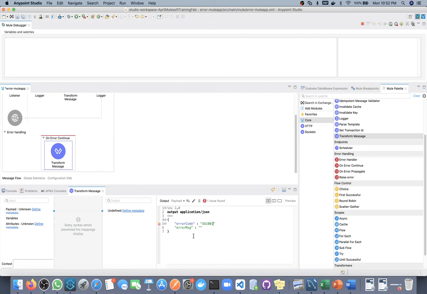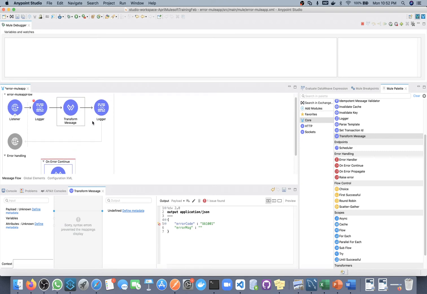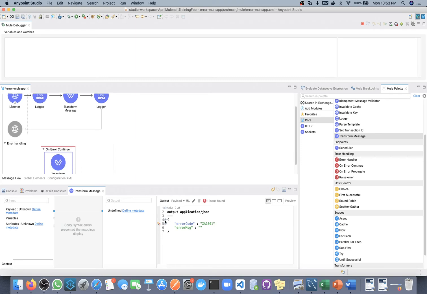We have had a discussion with our business that whenever we get a non-critical error, we will send this error message. This should be separated by a comma since we are writing a JSON payload.